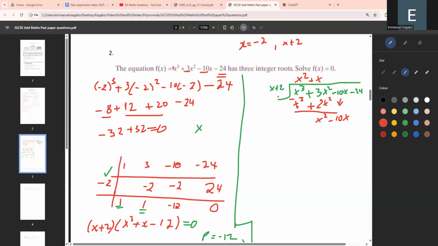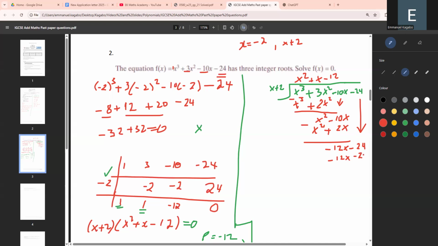Okay? I hope you understand that. Then it gives me x squared when I'm multiplying. This one times that. Then x times 2 will give me plus 2x. Subtract. This is 0. This is minus 12x. Then bring down the one that is remaining, okay? 24. And then this one, negative 12x divided by x will give me minus 12. Okay, when I multiply here, I'll get minus 12x